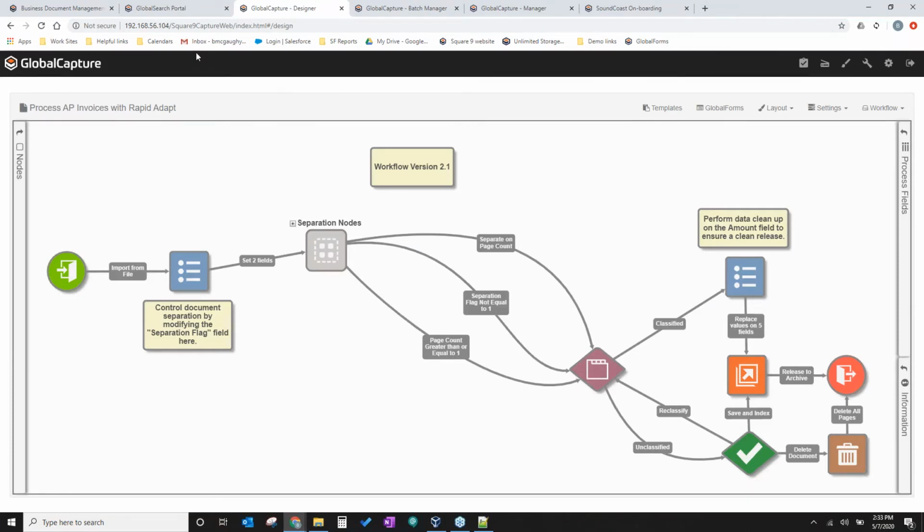Now, what we want to talk about is Global Capture. We talked about being able to index documents with that key-free indexing and manually bringing those invoices into the system. Now this takes it a little bit further. Let's say I've got a couple of hundred invoices that come in a day, and it's only me and one other person in accounts payable, and we're trying to process all these invoices at one time, and we get overloaded, right?